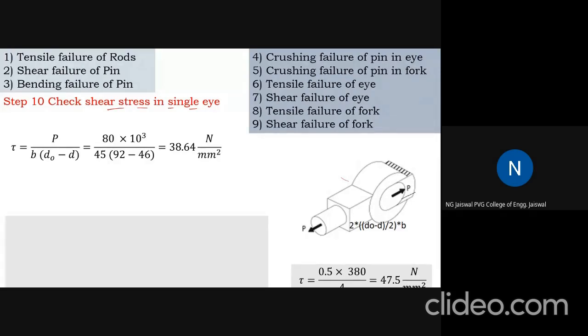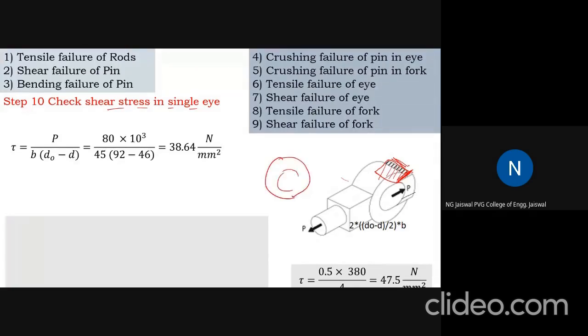Area will be this rectangle. This dimension of the rectangle, another dimension is this one. Single rectangle is here, but at the bottom side also. That's why 2 times. And what is the area of this rectangle? Approximately the area is equal to this length into this length. And this length is equal to B. Remaining is only this length, but this length cannot be found out correctly, and that is why there is an approximation.